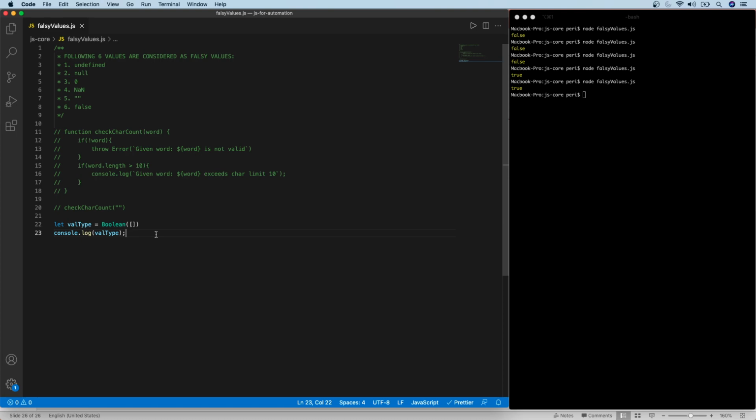But the core of this session is to tell you how you can check a given data type. For example, in real time, if you don't know whether it is resolving to true or false, just pass the value. For example, if I pass an empty string, this will also become false, because these six types become falsy values. And we now understand why we are using it and where we can use it, right? And that's all for this session, and we'll see the next topic in the next one.